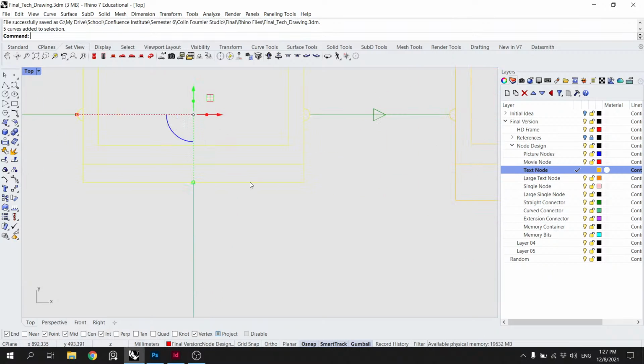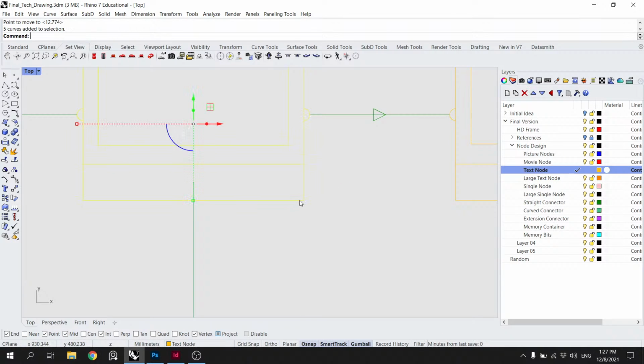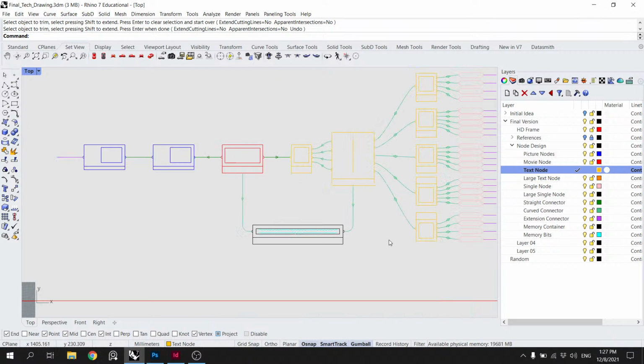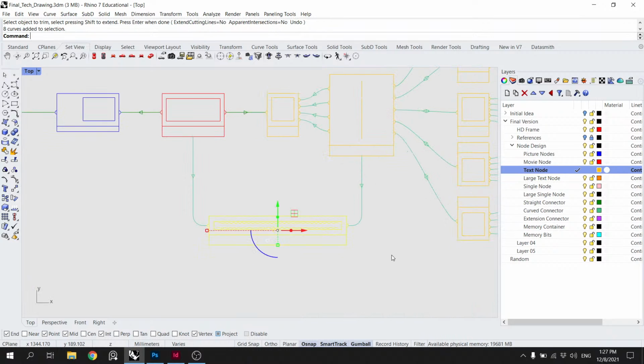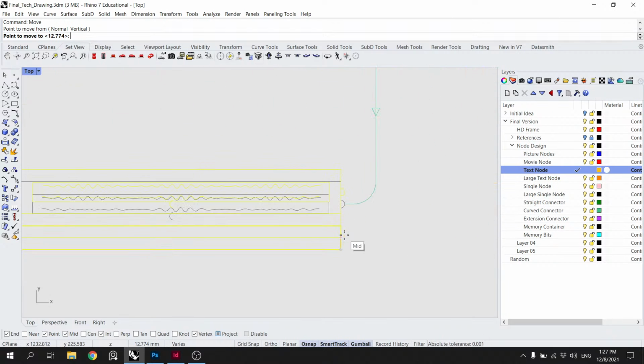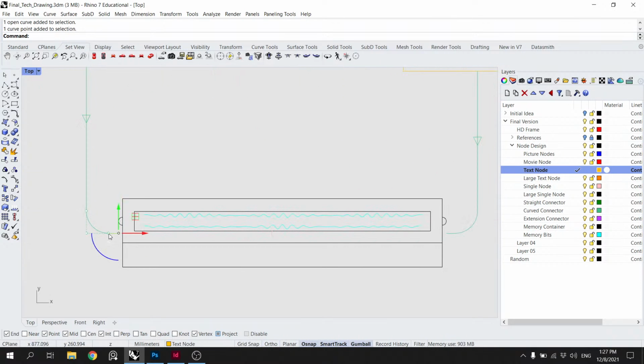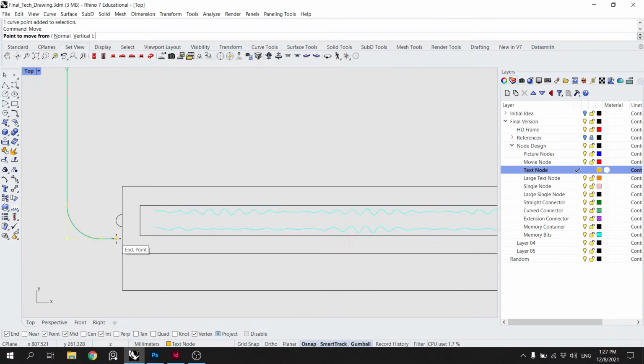This one needs to come down by 2 as well. We can just take that and trim here. Now, this piece should come in line with that, and then all these points should get moved to the center of there.